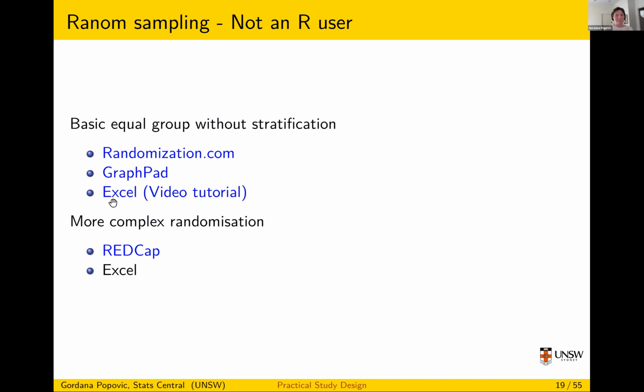Patients to treatments, there's a couple of online tools that let you do it easily. If all you've got is 2 or 3 treatments and you want to allocate 50 subjects to them, you can use one of these. I'll give you the notes afterwards. If you want more complex randomization, I've never done it, but REDCap seems to have quite a few tools for that. Also, Excel is quite good, and one of us can show you how to do it in Excel. So if you want to talk to a statistician, we can show you how to do it. That's for more complex stuff, but the easy stuff you can do with the online tools.